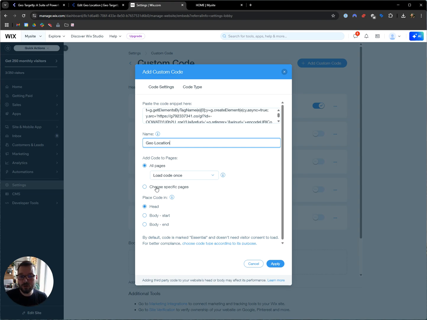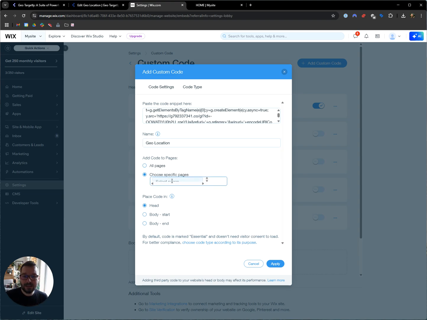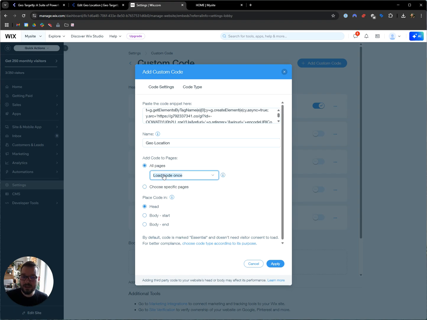Alternatively, if you do choose specific pages, you can select what pages it should be triggered on, and this is good for use cases where you have some content that is geographically restricted, but you only want to restrict those pages. But for the purposes of this demonstration, let's just go with all pages, and you need to select load code on each new page, because for every subsequent page you want to determine what the location of the user is. Then you need to select where the code should be placed, and it's either head, body start, or